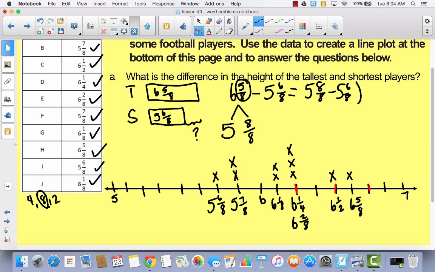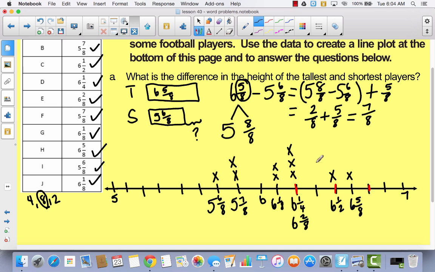Now watch this. Plus 5/8. I don't want to forget about this over here, okay? So now I'm going to solve this. 5 minus 5 is 0. 8/8 minus 6/8 is 2/8. So I just subtracted 5 and 8/8 minus 5 and 6/8. Now I'm going to add this 5/8 back, and my answer is